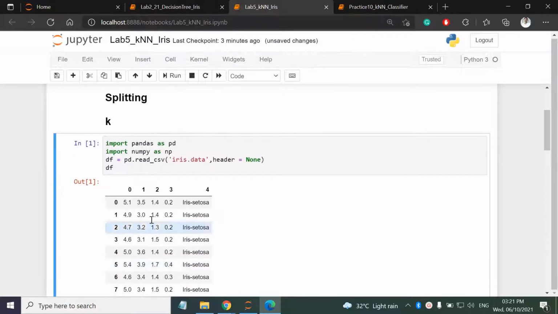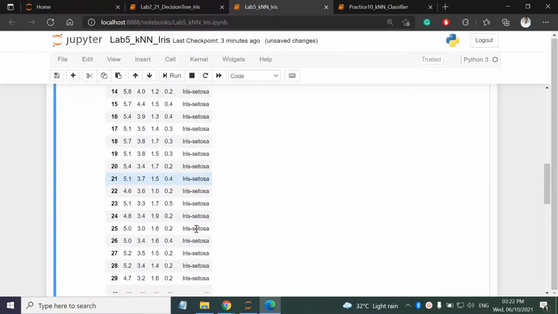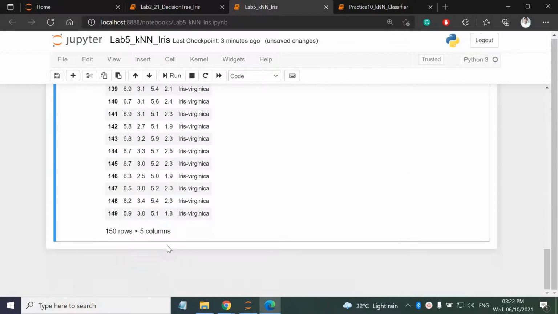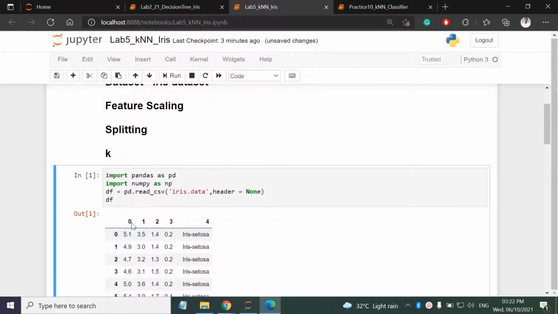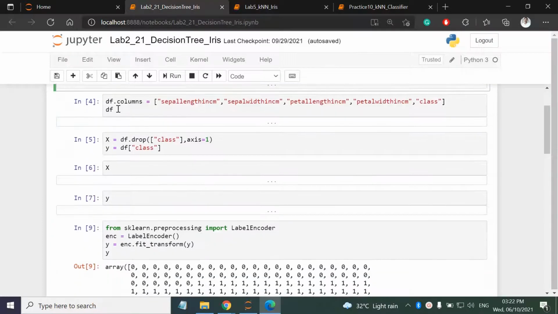Yes, so we have total 4 features in that data set, and this is the output label. Okay, this is the class of that flower, right? So we have 3 classes and total 150 records. But we have observed one thing, here the column names are missing. So for that we have manually added the column names.